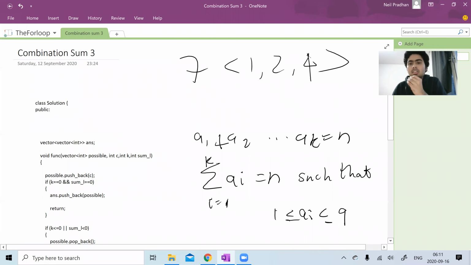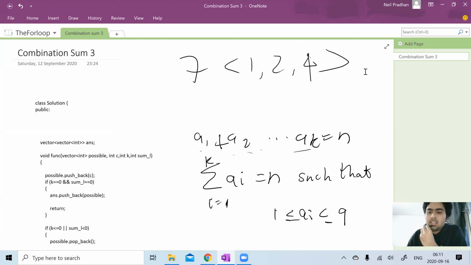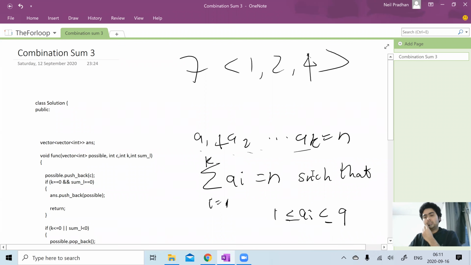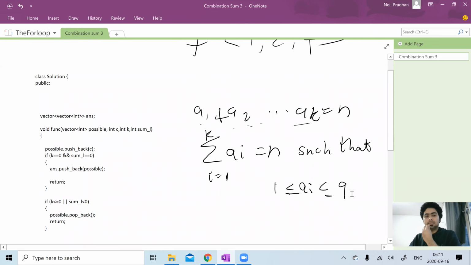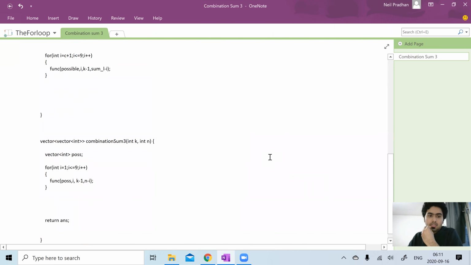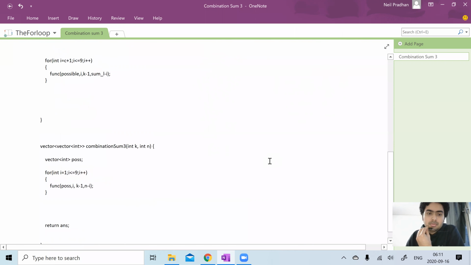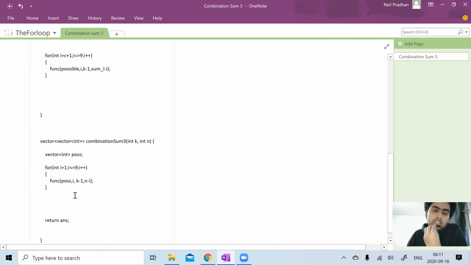So first of all, I have just framed this problem. We need to find k numbers such that the sum is equal to n, and the numbers should lie between 1 to 9. So first of all, we are going to write a for loop, and we will call all the 9 numbers here, from 1 to 9.